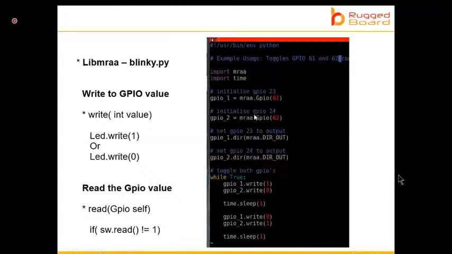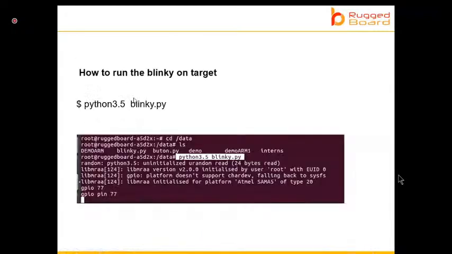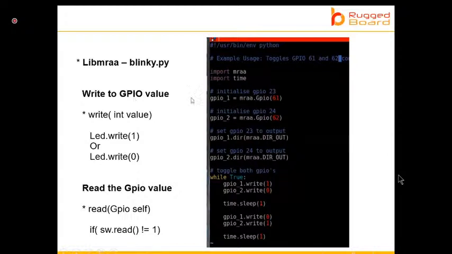Ashraful, do you know the SOC port number? This 23 and 24 is, I think, the Linux port. Here you can see 23 and 24 are the Linux numbers, and this 61 is your MRA number. What I'm asking is the SOC pin numbers. Actually, this is the i.MX6UL pins, PC13 and so on. You can go to developer.ruggedboard.com, where it is given. No problem, this is just an example of what you are showing. Let me finish this.